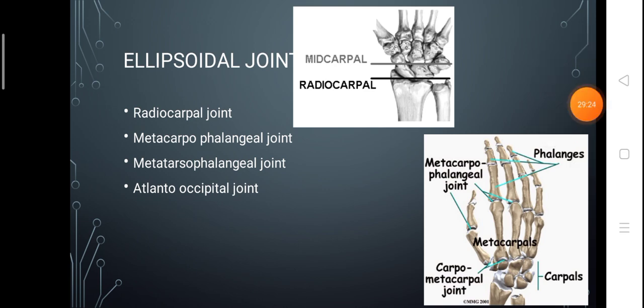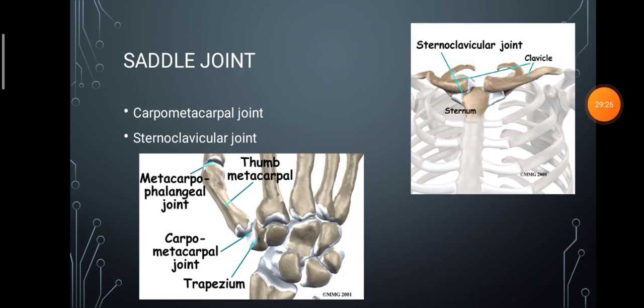and lateral atlanto-occipital joint. And in the case of the saddle joint, both the articular surfaces have convex and concave parts. The convex part of one bone fits into the concave part of another bone, and the concave part of one bone fits into the convex part of the other bone. Here you have got examples like the carpometacarpal joint of the thumb.